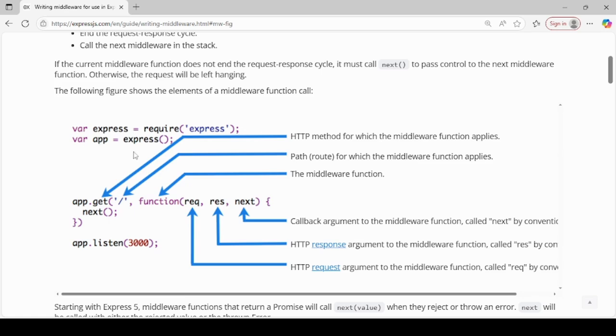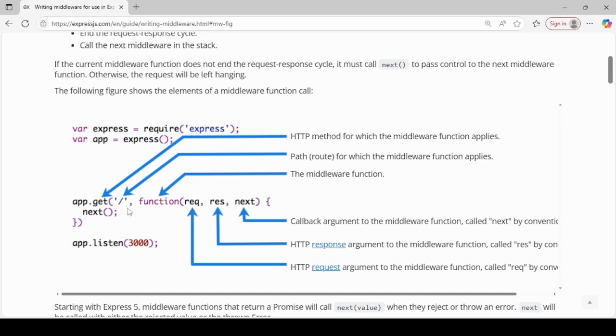Initially you're just requiring, or you can say importing, the Express module. You're creating the instance of Express, which is app. And this is the HTTP method, the path, the function, as we already know.